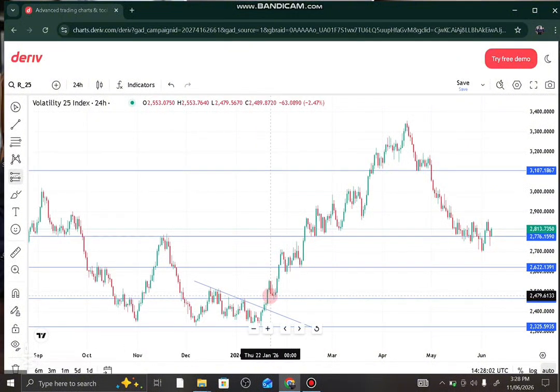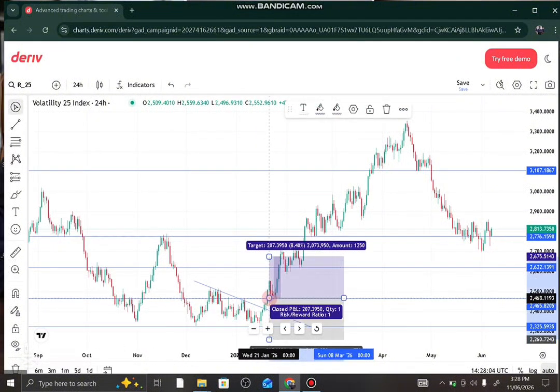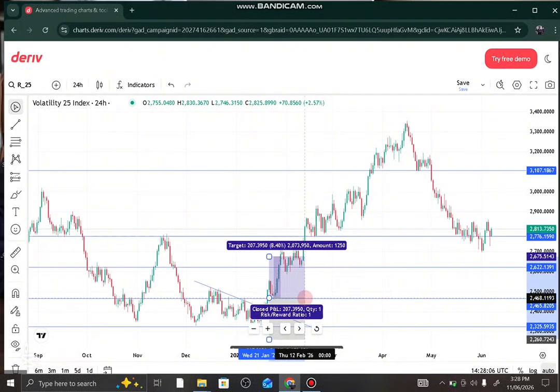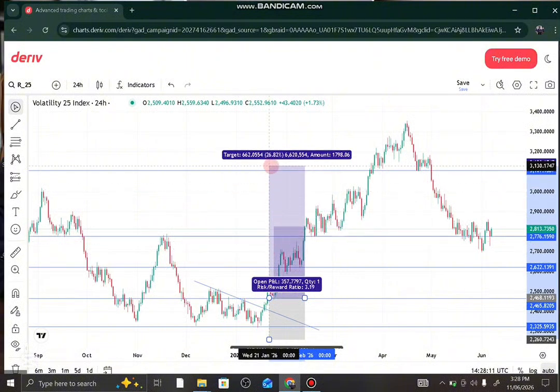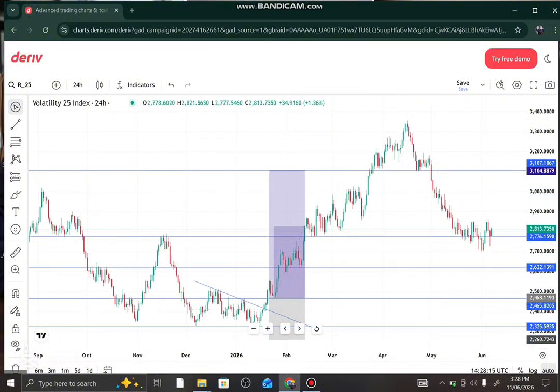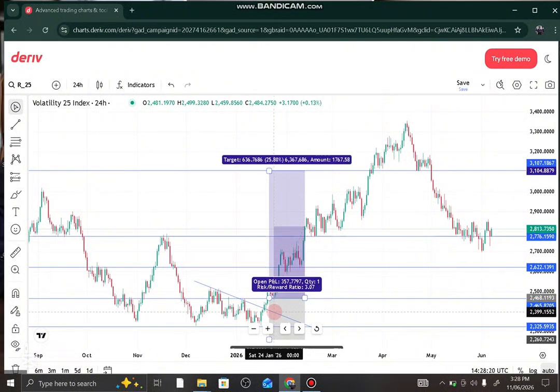So at this point I want you to see the first setup that we have at this level. So can you see it guys? We are moving to this side. All right guys, so imagine you are here in the market and you have made your analysis accurately, and you are really in the market, seeing price doing its thing, meeting up with your analysis. So at this point is a very good point if you buy at this point,